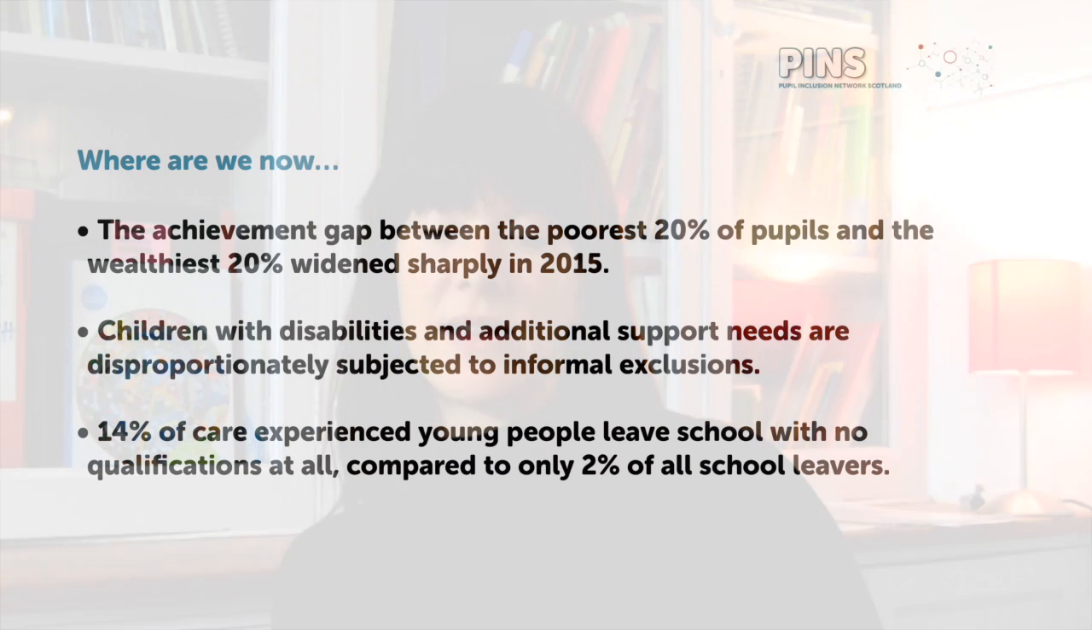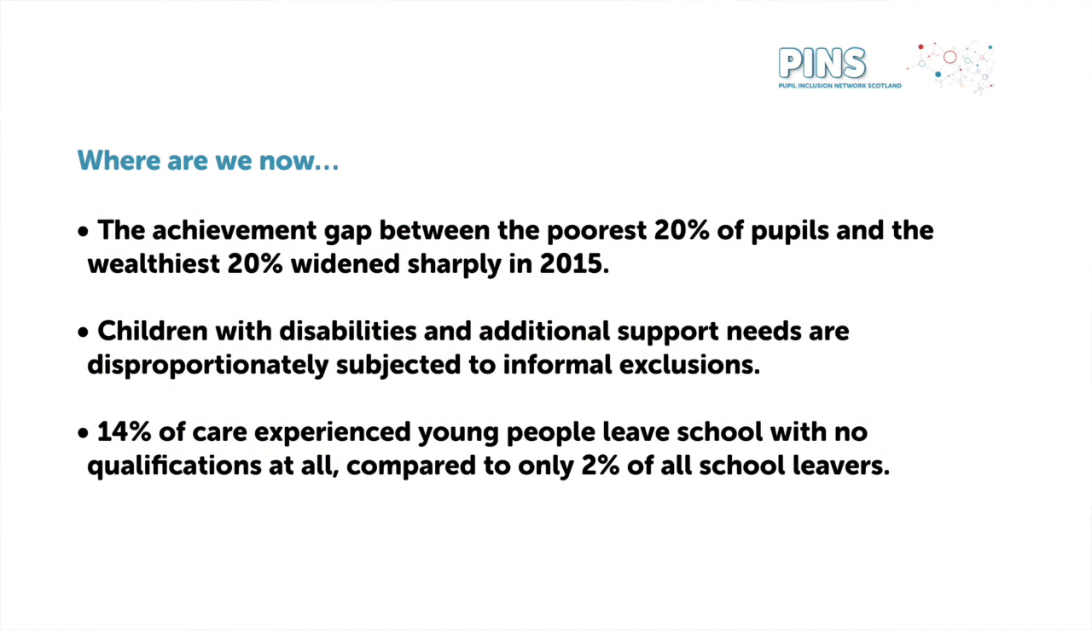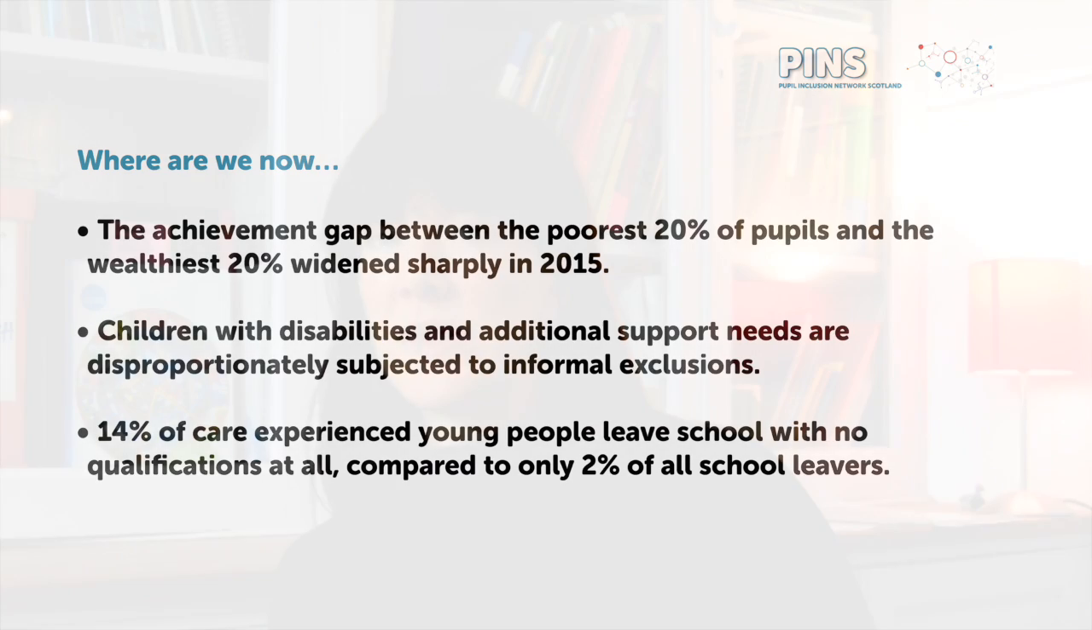So, for example, challenges in achieving educational inclusion in Scotland mean that the achievement gap between the poorest 20% and the wealthiest 20% of pupils has widened sharply in 2015. Children with disabilities and additional support needs are increasingly disproportionately subjected to informal exclusions. 14% of care experienced young people leave school with no qualifications at all, in comparison to just 2% of all school leavers. So there are real challenges in achieving educational inclusion in Scotland, and we need to reflect on what